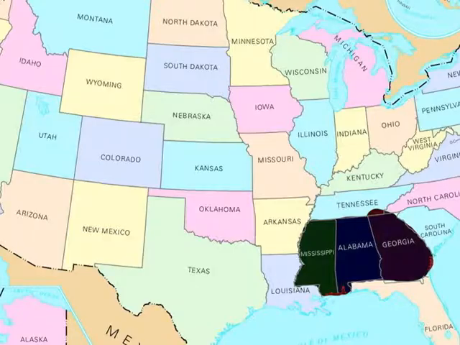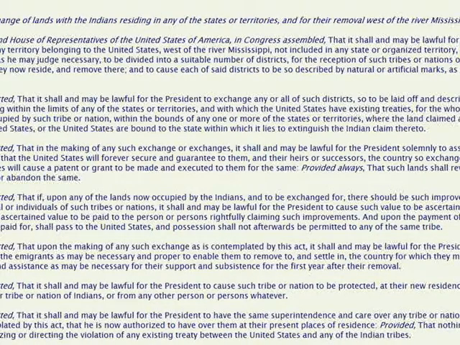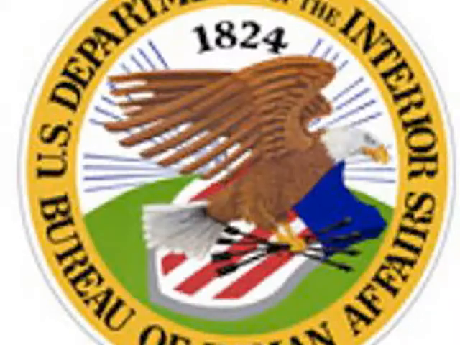Indian removal. For the longest time, Native Americans lived in settlements stretching from Mississippi to Georgia. Jackson and his politics wanted the Indians' land. Under pressure from Jackson, Congress signed the Indian Removal Act, which allowed the government to move Indians west. To do this, Congress also established Indian Territory. This was located in Oklahoma.